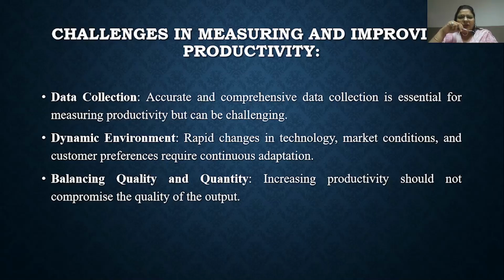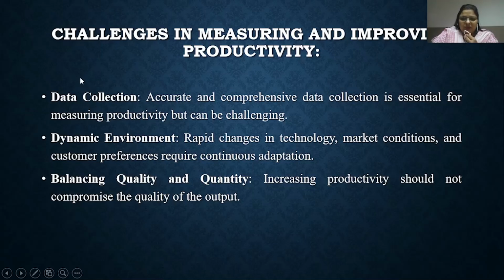Accurate and comprehensive data collection is essential for measuring productivity but can be challenging. If we are working accurately and the data is accurate, the productivity measure will be accurate. But if the data is not accurate and is full of bias, that can create a problem with the